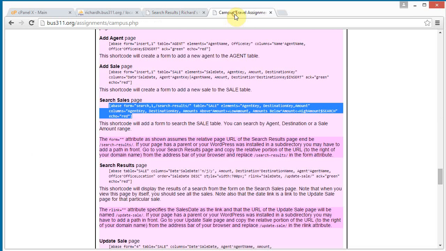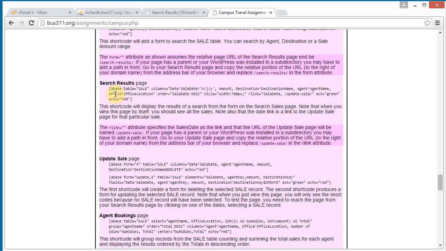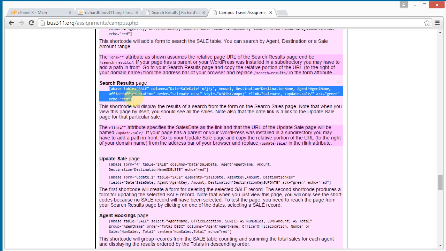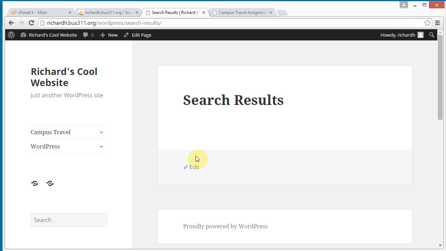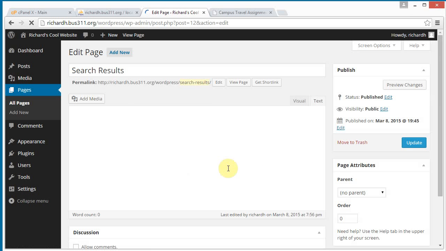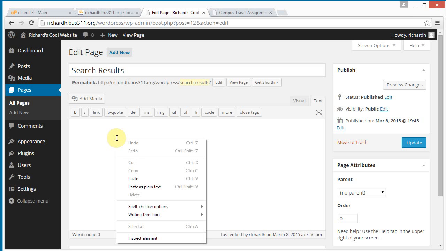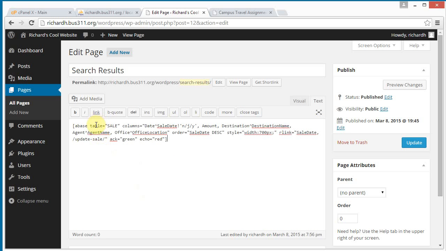Let's go back to our assignment, and the next thing we do is paste in the shortcode for our search results page. So let's copy this and go back to here and click edit. And now we can right click and paste as plain text. And this is our shortcode here now, which will display the search results of our sales search. So click update,